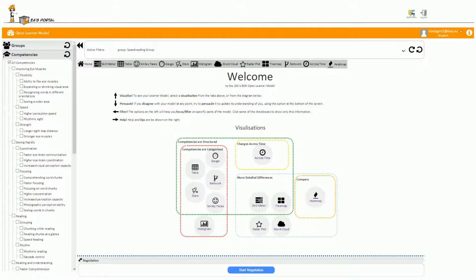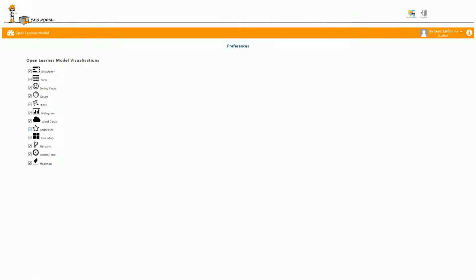So the reasons for looking at these are to see your strengths and competencies, to identify areas of improvement, to plan what to do next, to think about the way in which you're learning, and to foster skills about working independently. So the Home tab presents the different visualizations which can be turned on and off using the Preferences page,